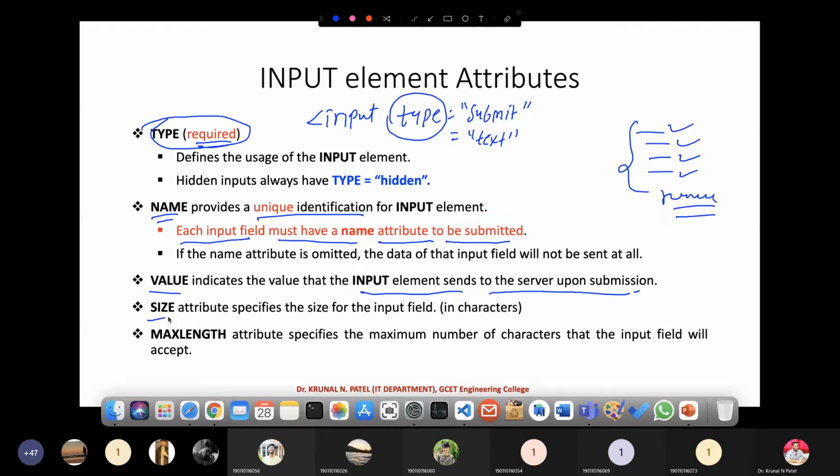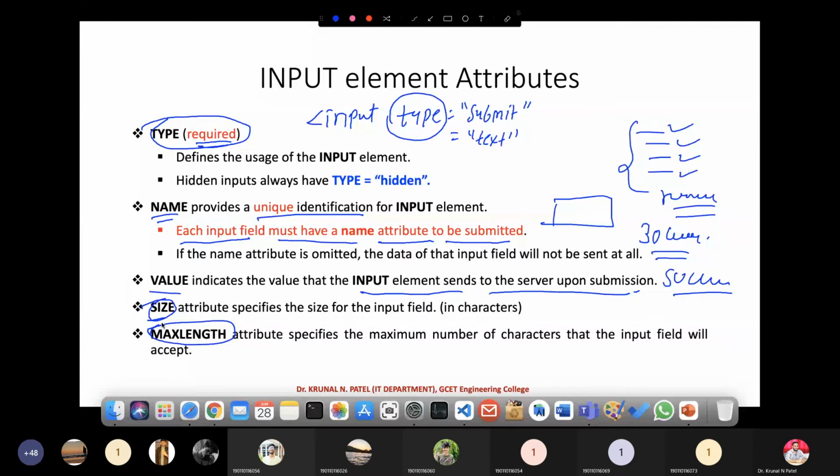Suppose I am creating a text box for a first name. 30 or 50 characters is enough. Nobody's name is 1000-2000 characters long, right? So if you want to restrict, you can go for size and maximum length attributes.